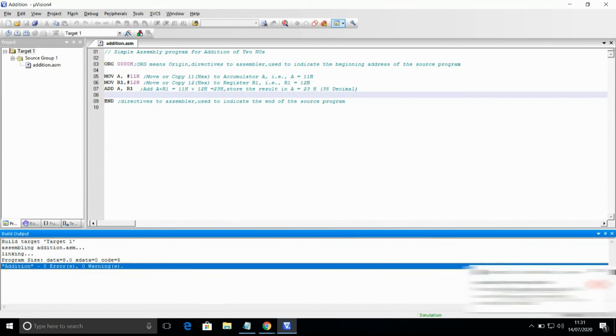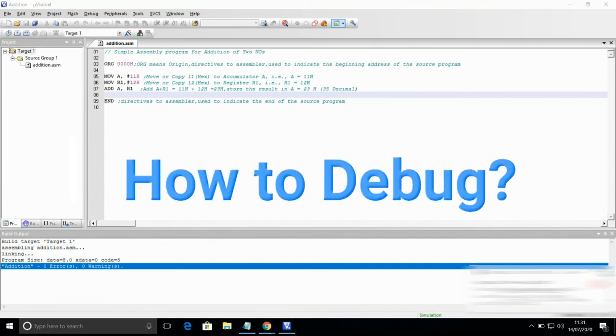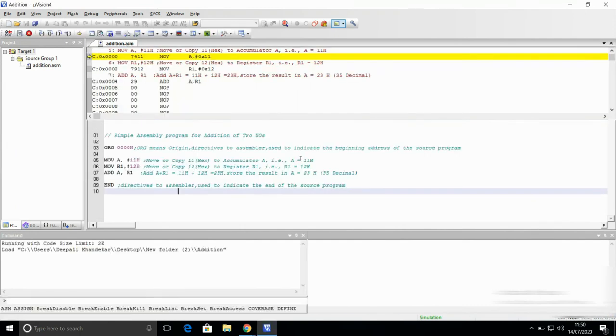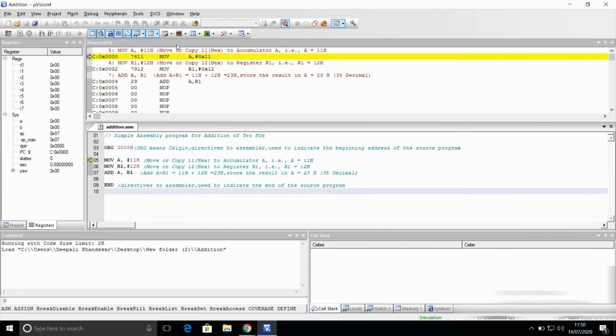Now let us see how to debug this program. So we have the debug icon, click it. The code size limit is 2K, say OK. In the debug mode, we have different windows: register window, disassembly window, and this is the editor window.